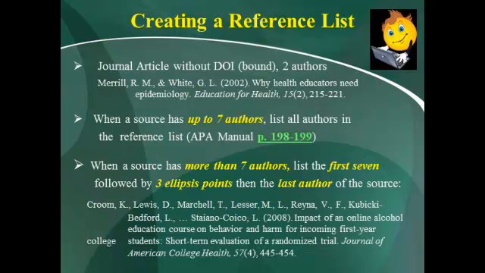Just some more examples of journal articles without a DOI. Here's one with up to 7 authors. Now you list all the authors in the reference list. If you look at pages 198 to 199, when it has more than 7 authors, list the first 7, followed by 3 ellipsis points, then the last author